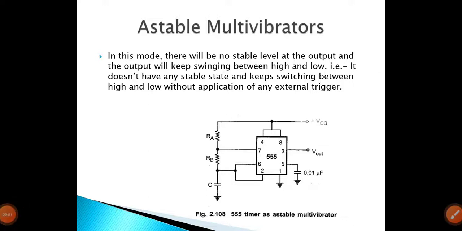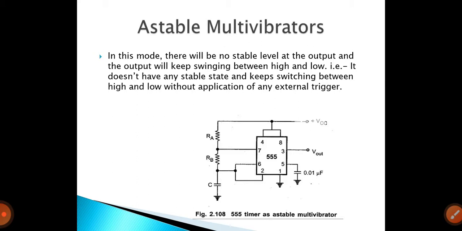Hello students. In the last class we discussed the IC 555 timer and the monostable. One application of the IC 555 timer is the monostable multivibrator. How this circuit works, the block diagram, circuit diagram and waveform, we discussed in yesterday's class. In today's class we are going to discuss the astable multivibrator, and these two, monostable and astable multivibrators, are very important for your exams, derivations and your practicals also.